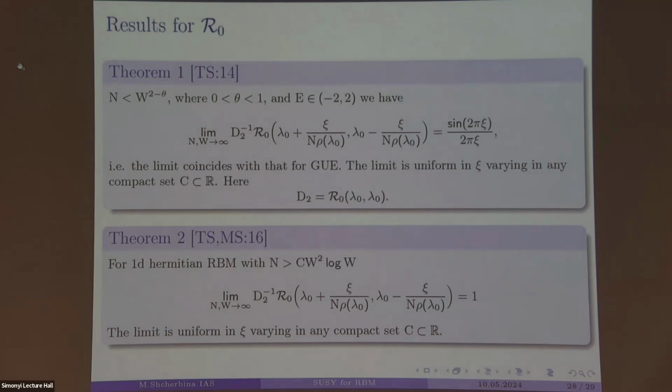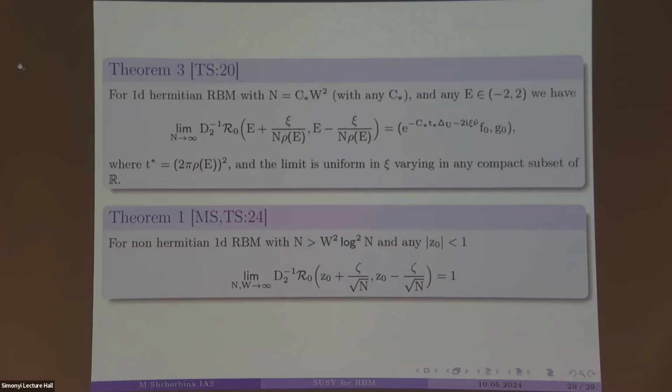First, about the Hermitian case. In the Hermitian case, the limit is GOE statistics when N is less than W squared, or W is bigger than N squared, then for much bigger we have Poisson statistics, and when proportional we have this special kind of intermediate statistics. And we started to do the same for